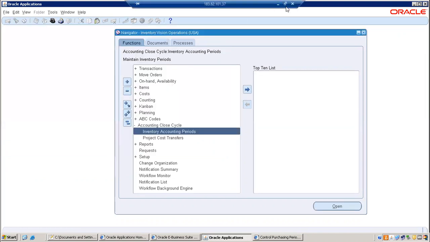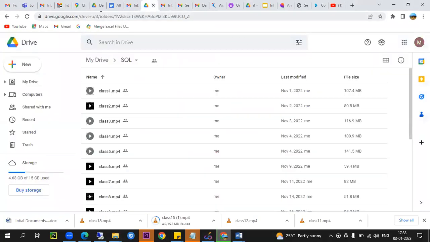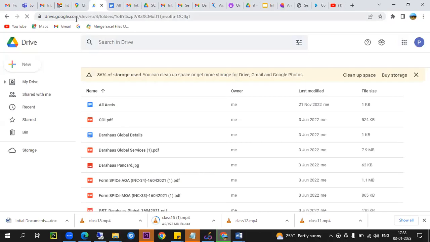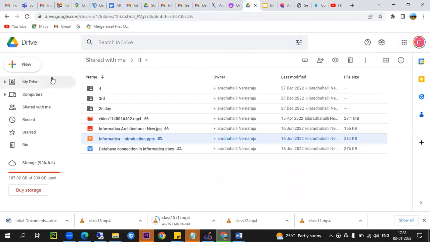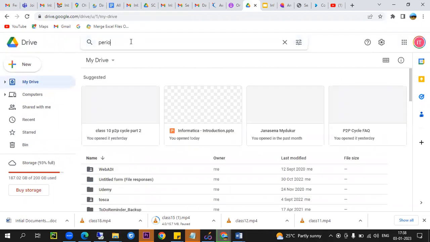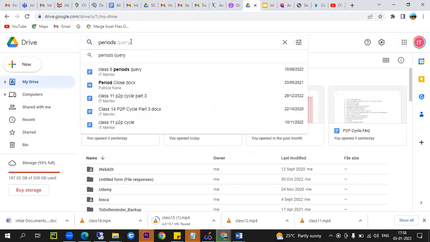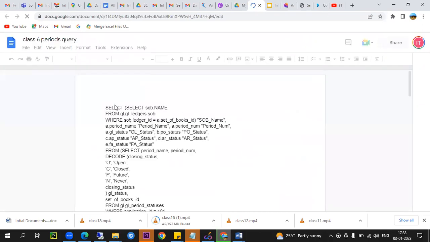Instead of that, there is a query from the backend also that you can run. Backend also you can easily figure it out. This is a periods query. It will be really useful from the backend. We can easily figure it out with one click.